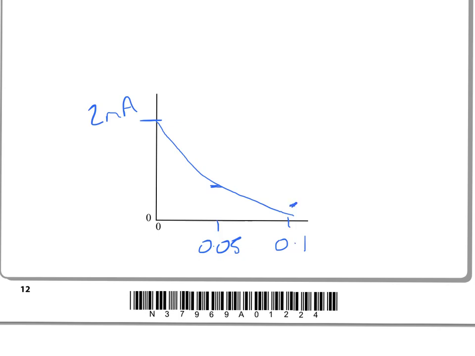Maybe not bring it down just so much as I have here, but that's more or less it. Obviously you put your units on. So starting at 2 milliamps and coming down about a third by the time you hit 0.05 of a second. Okay,